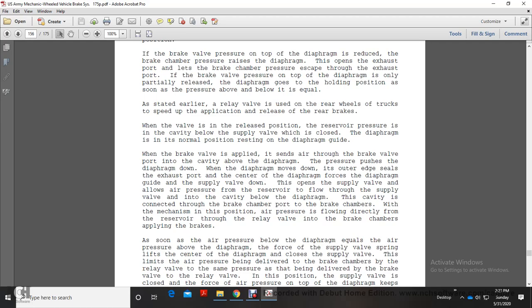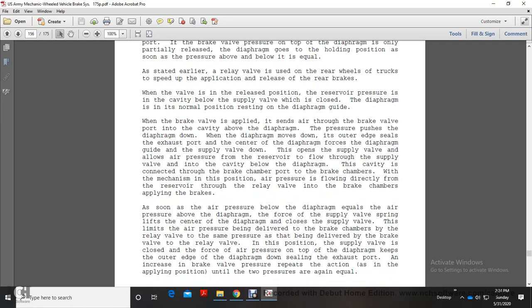When the brake valve is applied, air flows through the brake valve into the cavity above the diaphragm. The pressure pushes the diaphragm down, the outer edge seals the exhaust port, and the diaphragm forces the diaphragm guide and supply valve down. This opens the supply valve to allow air pressure from the reservoir to flow through the supply valve